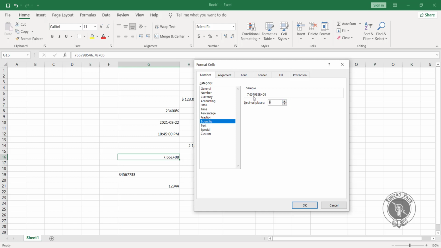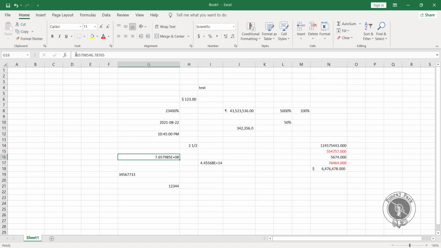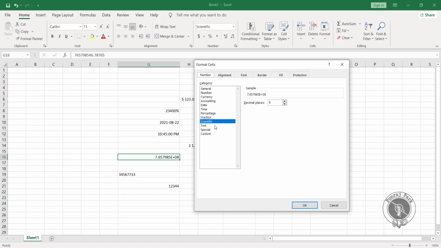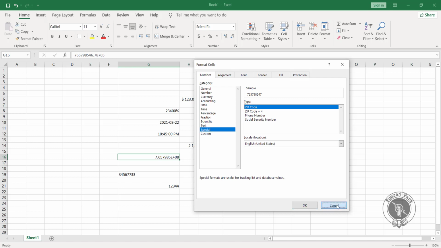Whatever number I have, you can see we have that same number here, so it will keep on adding from the decimal whatever I have entered, taking up those numbers and increasing the decimal digits. You can see after 7 we have the decimal, and after that whatever number I have mentioned comes as a digit. Okay, so this is how you can use the scientific format. Then we have text, you can simply convert any number into text. Then we have another option, the special option.